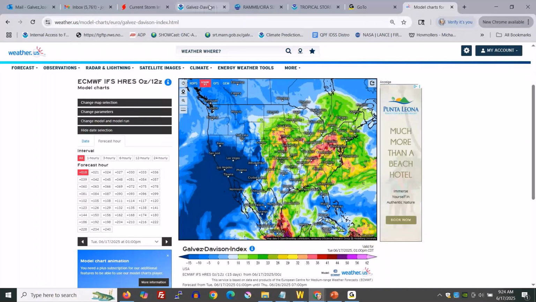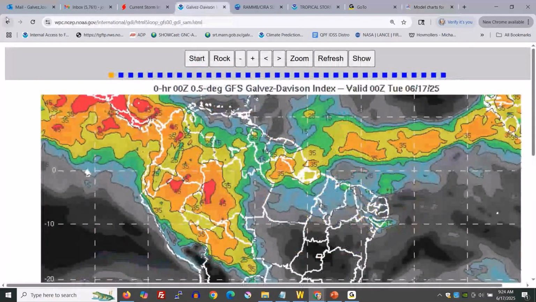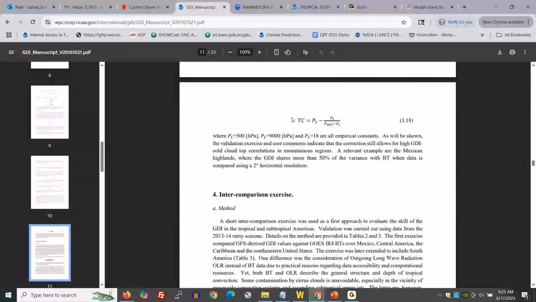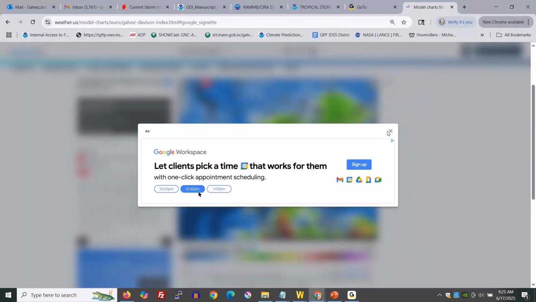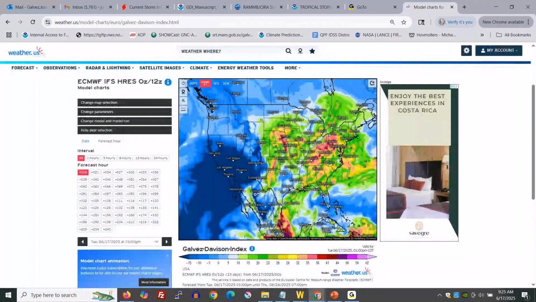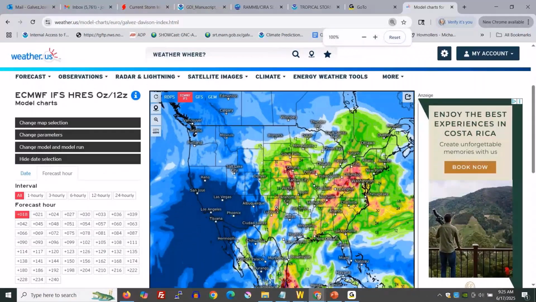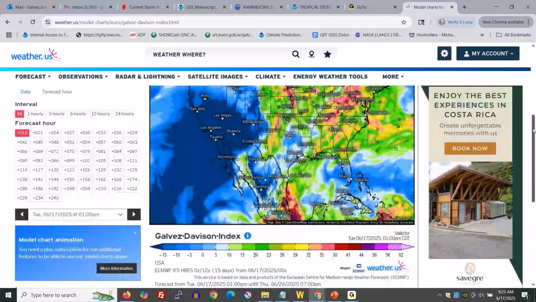I'm going to go to the paper right now. So if you go to the main GDI website, oops, there you go. This is the PDF. So I assume they're using this formula with these values that we developed. I assumed that's how they're doing it, but I really don't know. But you can see how, for example, here, look at the U.S. and Mexico. You can see the Rockies and the Sierra Madre Occidental in Mexico, and you can see clearly how